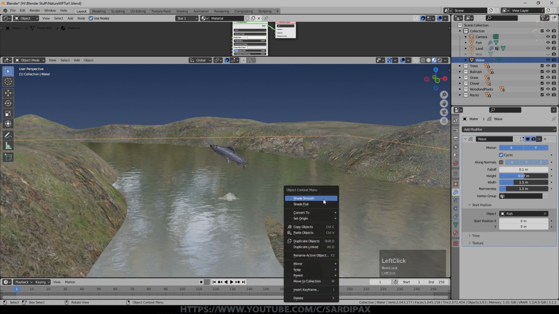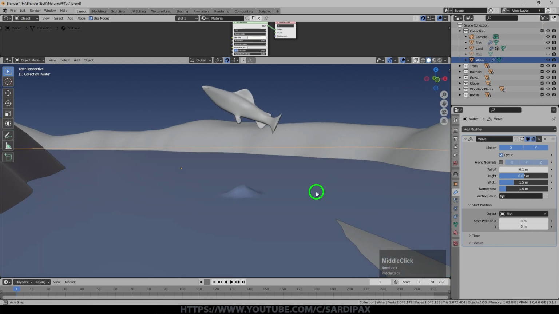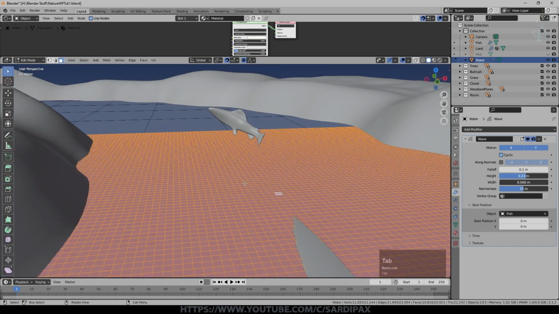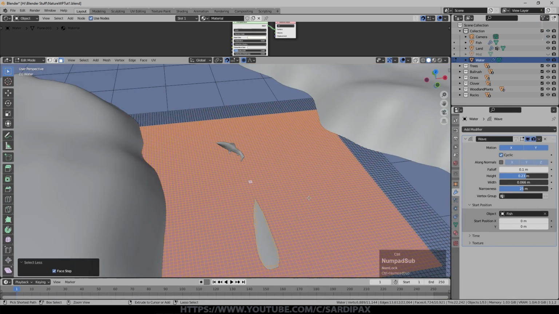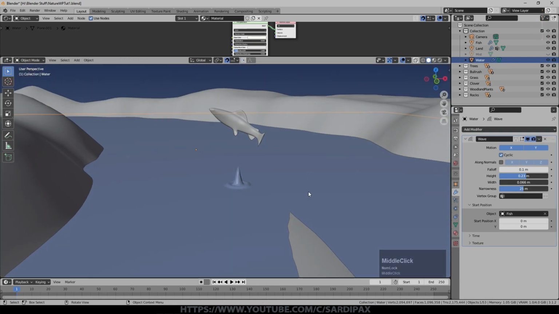I'm going to set this to shade smooth as well, which will help. I think we'll just go to clay view for the moment. I had a very narrow width, so I had 0.007 and I had a narrowness of 25. So if you find it's not really working, it's probably because you still need more geometry. So I'm going to bring this in a little bit and then I'm going to subdivide again a couple of times. Now you can see I'm starting to get something going on there.